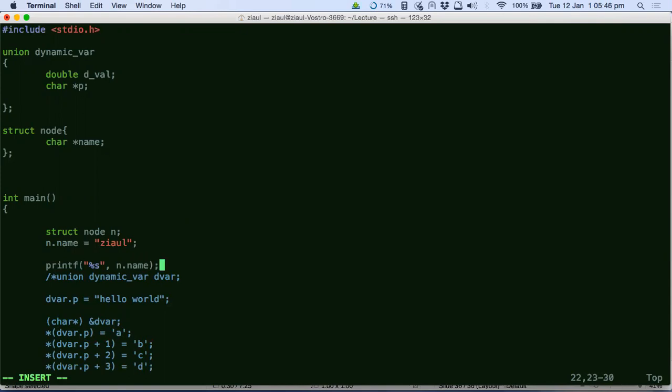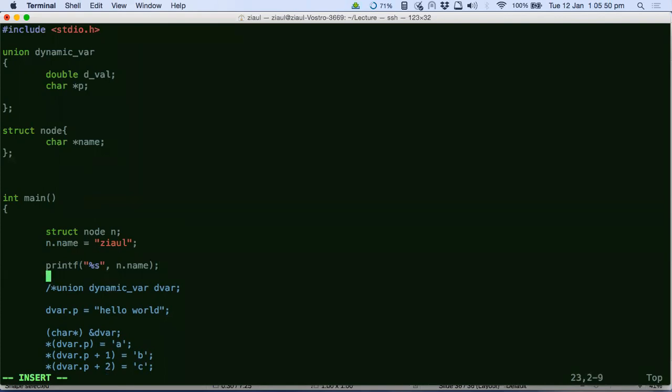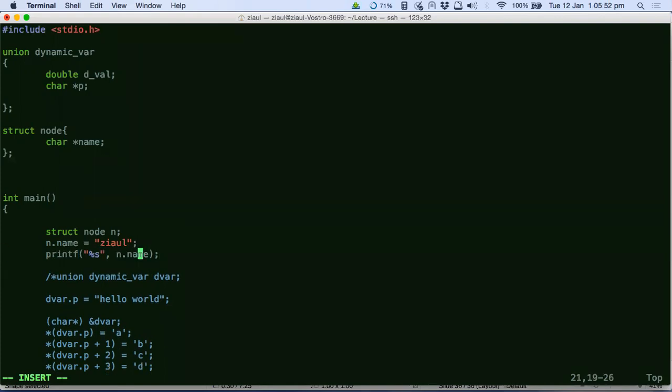You mean to say this, right? Yes, sir. So can we use the same thing in this union also? Depending upon our convenience, we can use, no, sir. Yes, you can use that. You can perfectly use that.